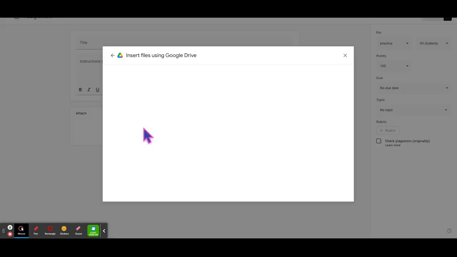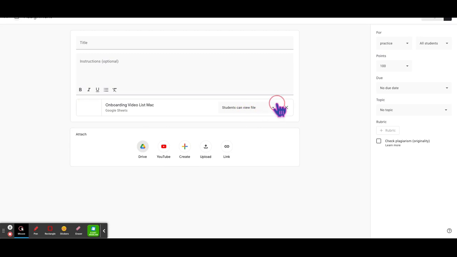When you choose, you'll notice here that there's a caret. It says students can view file. You can determine, do you want the students to be able to edit this file, or do you want to make a copy for each student? So then each student would have their own copy, and you will have access to that in your classroom folder in your Google Drive. Give it a title,